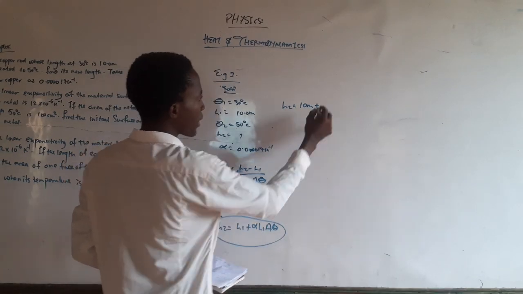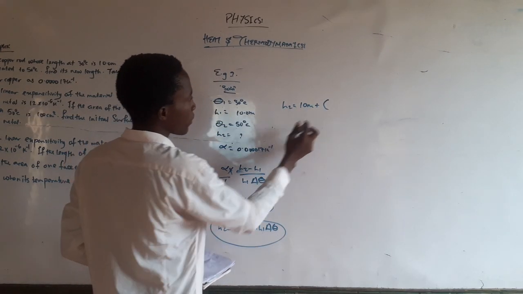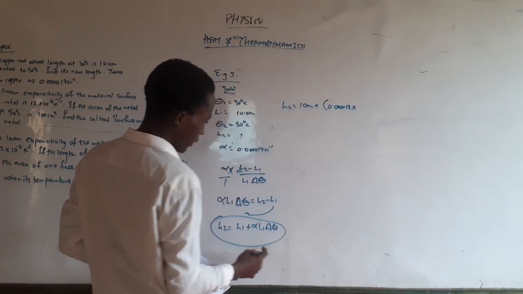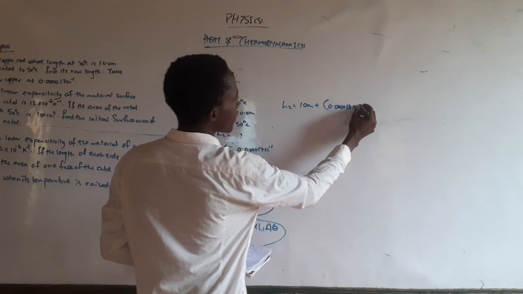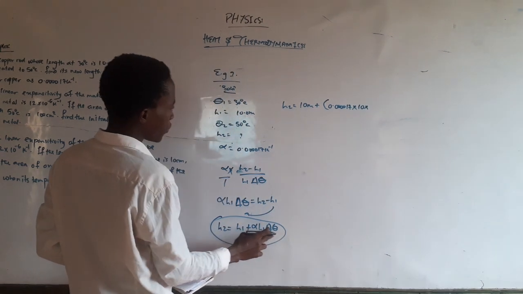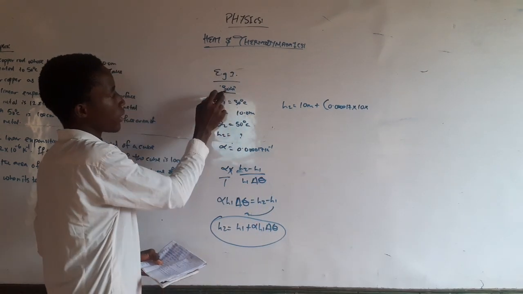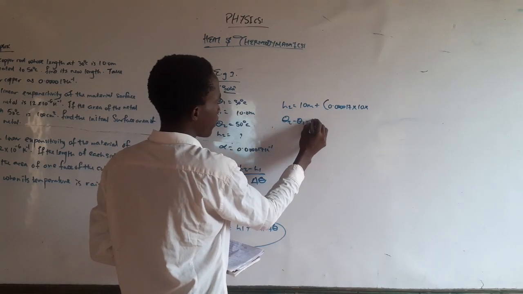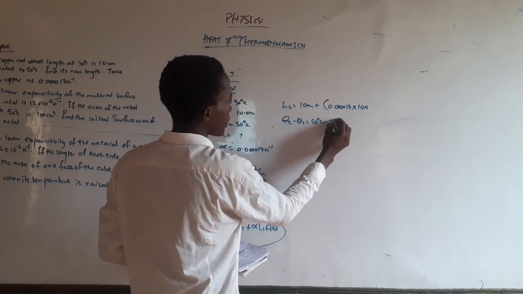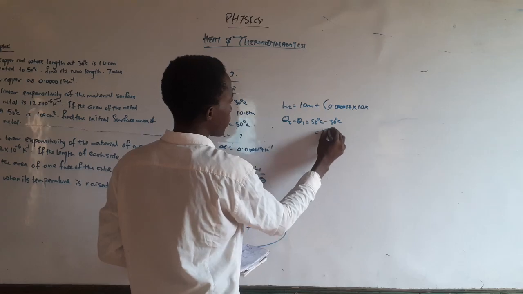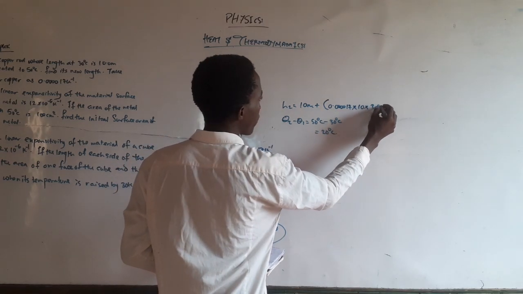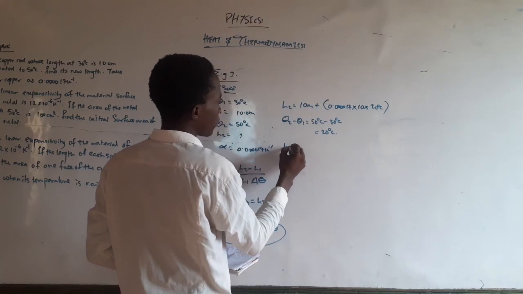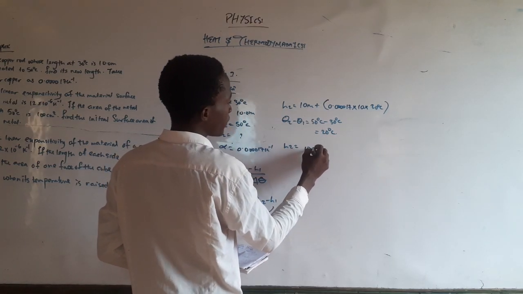alpha multiplied by L1, which is 10, multiplied by the change in temperature. Change in temperature is theta 2 minus theta 1, that's 50 degrees Celsius minus 30 degrees Celsius, which is 20 degrees Celsius. So let's solve everything here. We have L2 equals 10 meters plus